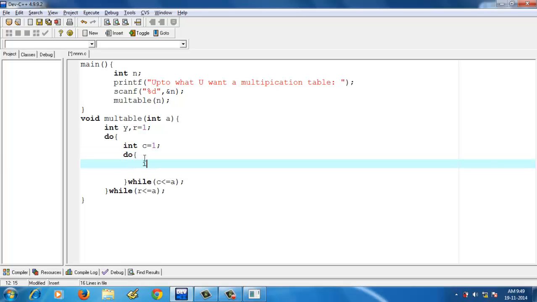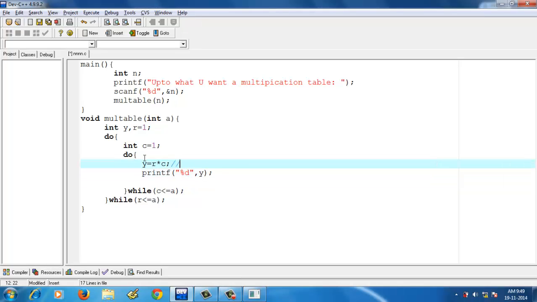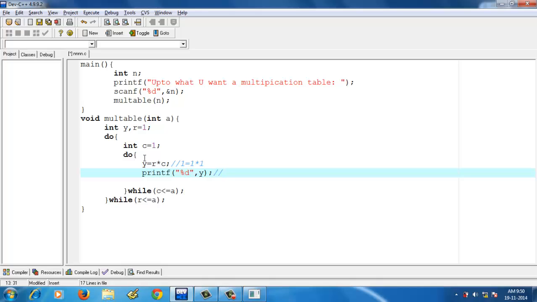Then I need the value 1 in the first position. So before that I initialize or declare the variable y, so that I multiply the r and c values in the second do while and print the value as y. We use printf for printing purposes. So we use the printf function, %d used for integer printing, then y. Okay, here the value is multiplied, 1 times 1, and the result stored is 1. So the value printed here is 1.